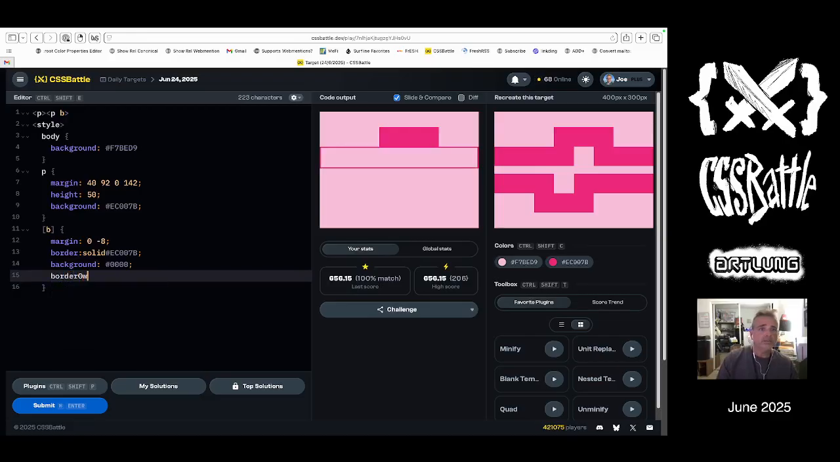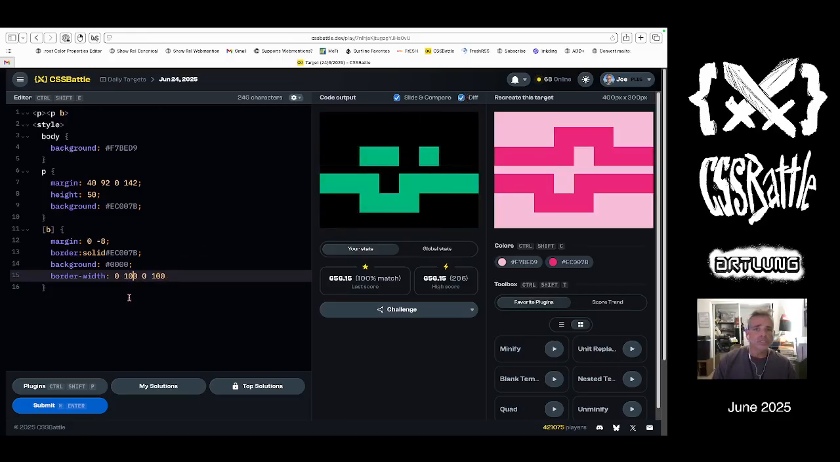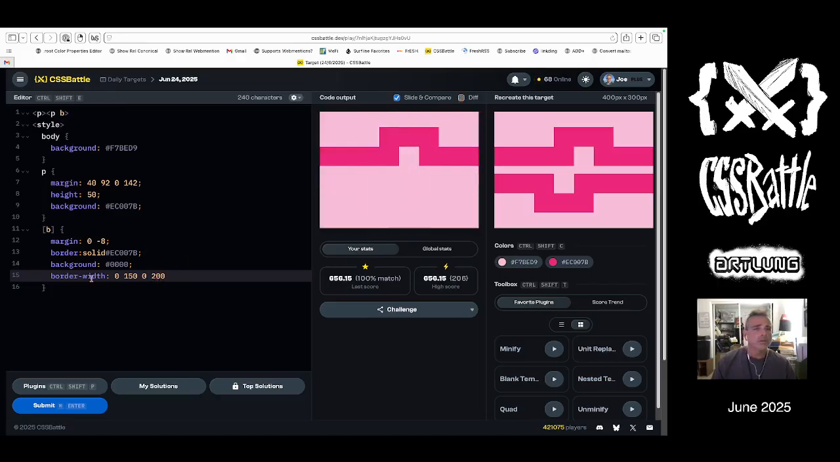And the border width is what? 100, 0. No, it's 0, 100, 0, 100. And we've got to adjust those numbers. 1, 20, 30, 40, 50. And then also more, 150, 60, 70, 80, 90, 200. That's another way to do that. And then if I do more of these,